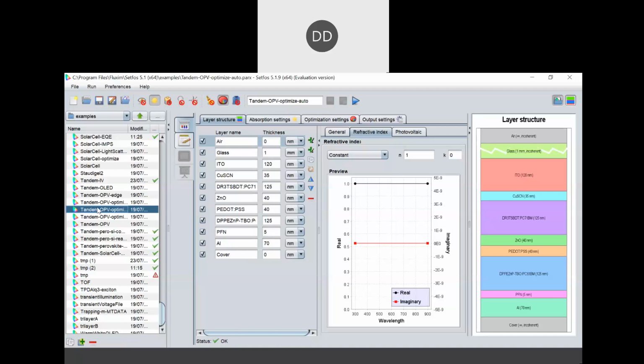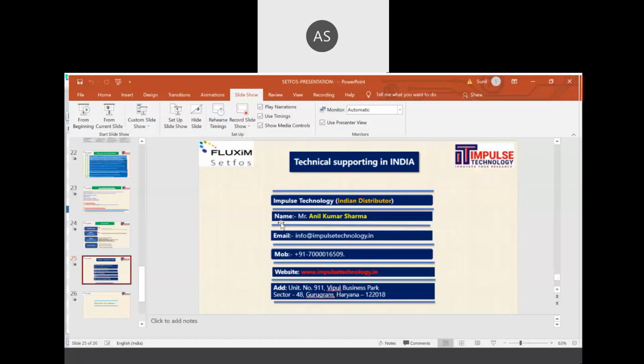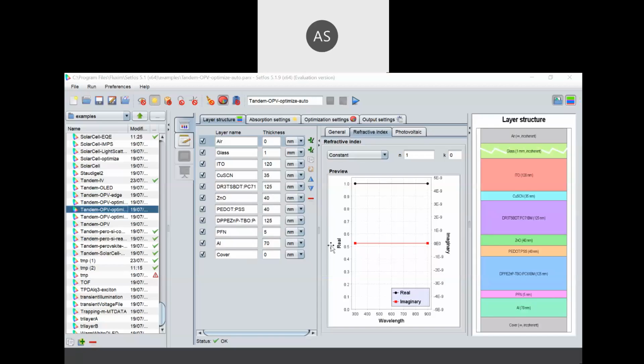So you can do one thing. You can drop an email on my email ID, so that I can try my best, and definitely then we can discuss later on. I can give you my email ID and mobile number in the chat box. So you can drop an email, then we can discuss. Sure, sir. Thank you.